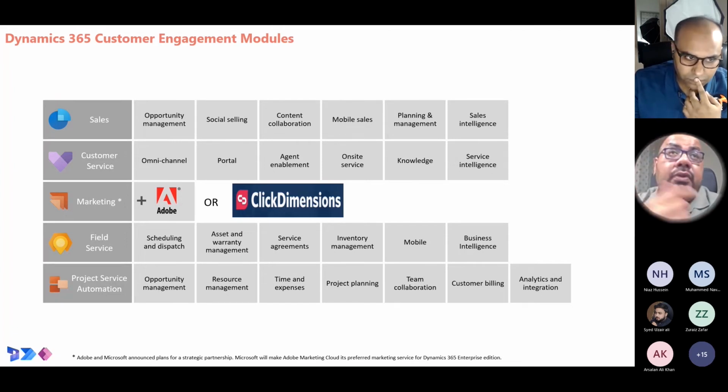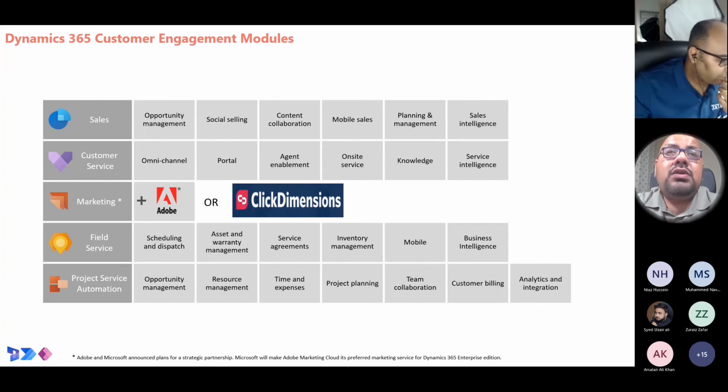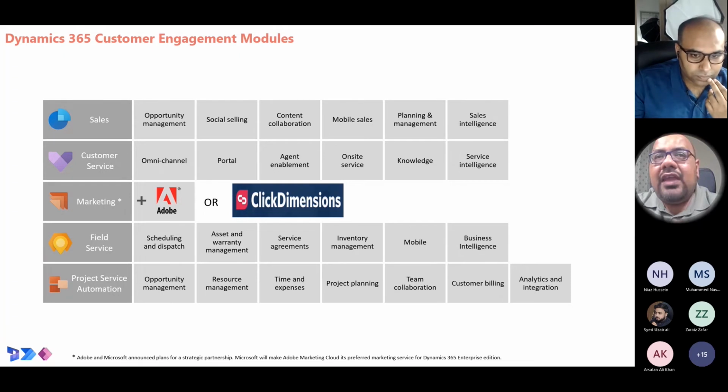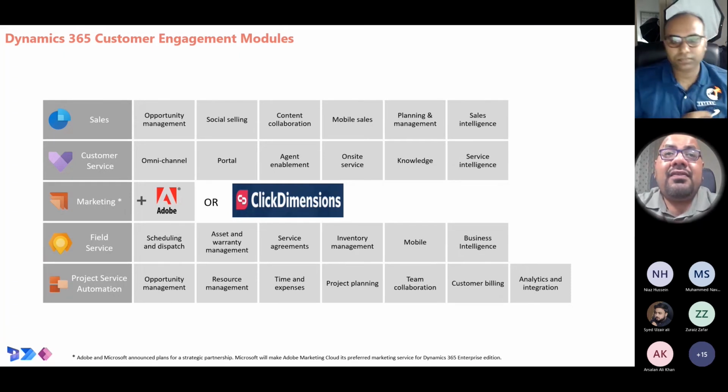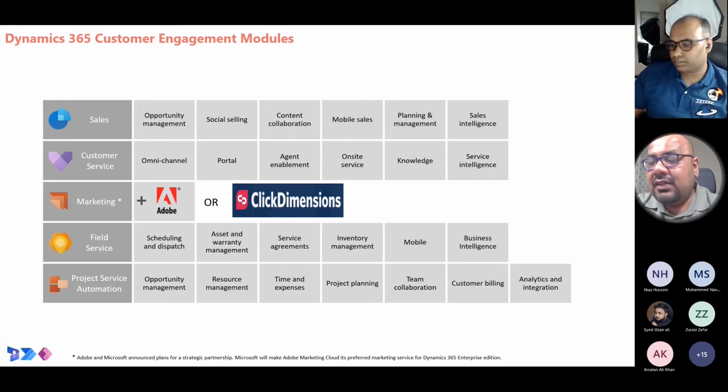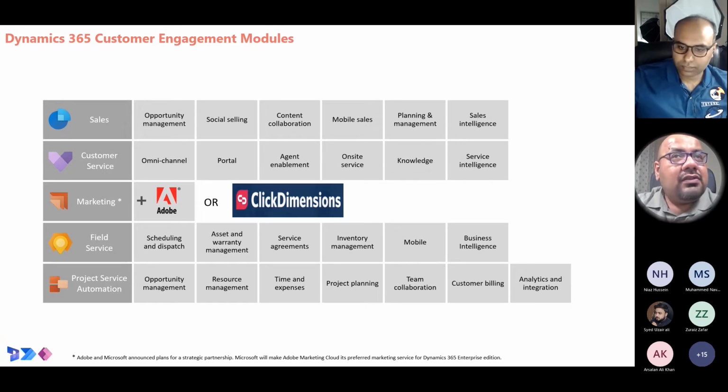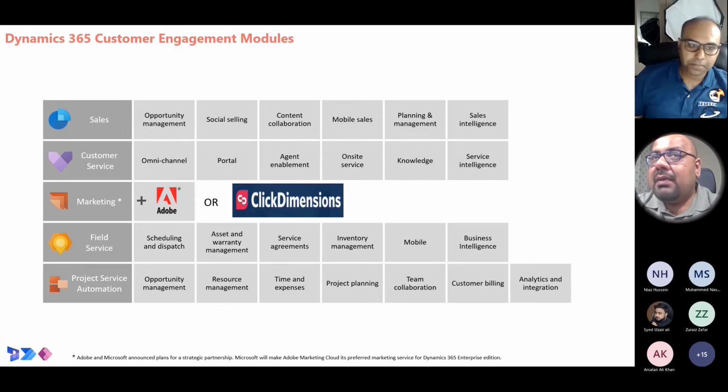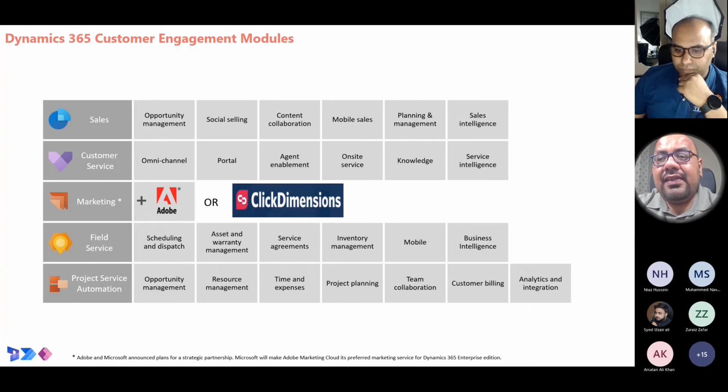Then the content collaboration. In any organization, everyone is participating, everyone is collaborating. So you want to share the information among your teammates as well as with different departments, even with the customer, and even with your partners. So content collaboration is also available in the complete Dynamics 365 sales. Even if we talk about the content collaboration, it also includes sales, customer service, marketing, field services available